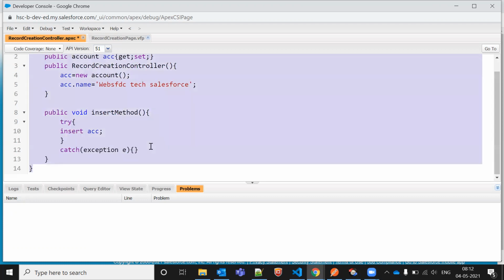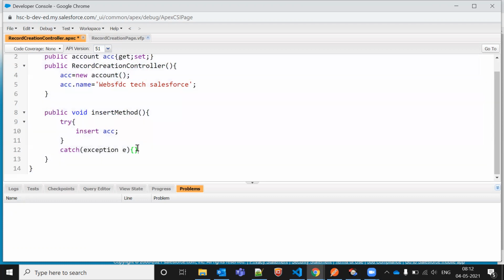Okay, perfect. So if I want to check the debug logs, whatever exception I'm getting, or even which line I'm getting the exception, like where I'm getting the exception. Let's say I have multiple lines, 100 lines inside the try. I want to check in which line my code is broken.